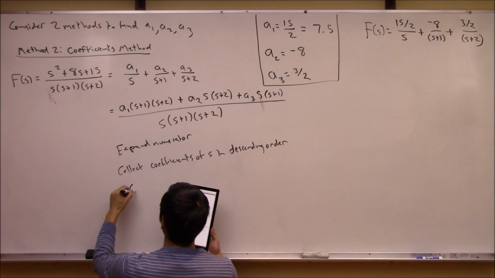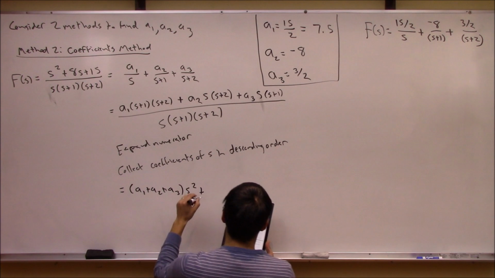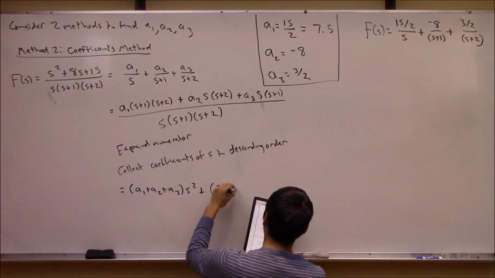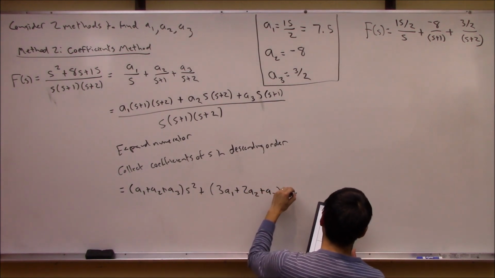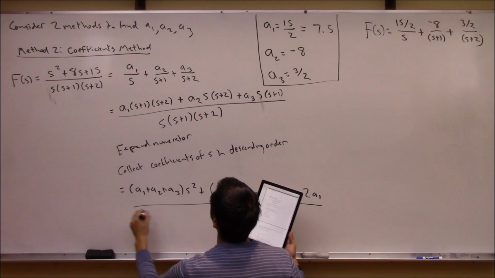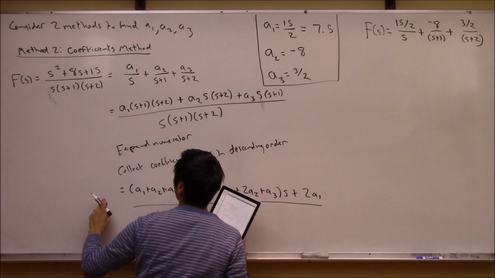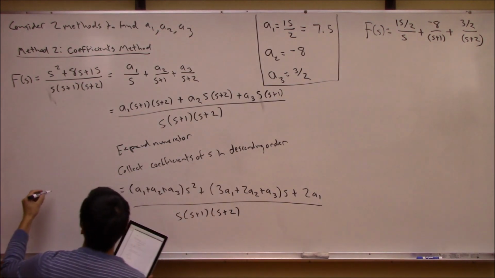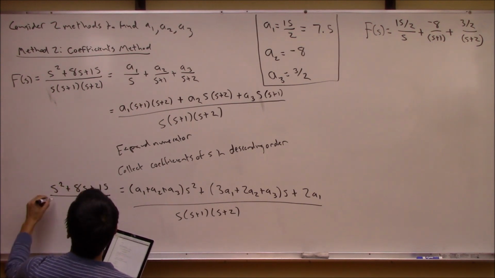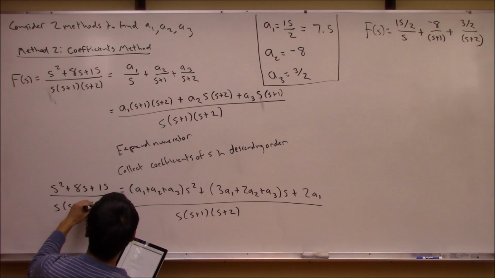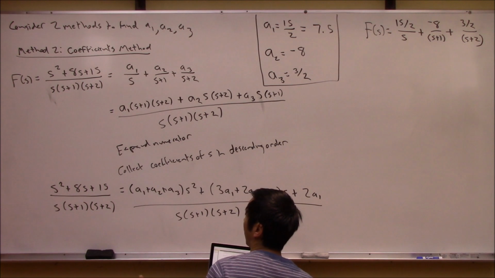We said this was a1 plus a2 plus a3 s squared plus 3a1 plus 2a2 plus a3 s plus 2a1 all over s plus 1, s plus 2. Okay, and maybe let's bring the left-hand side down. This was our left-hand side: s squared plus 8s plus 15 all over s plus 1, s plus 2. Okay, so great. Now we're in a real good position to basically solve for a1, a2, and a3